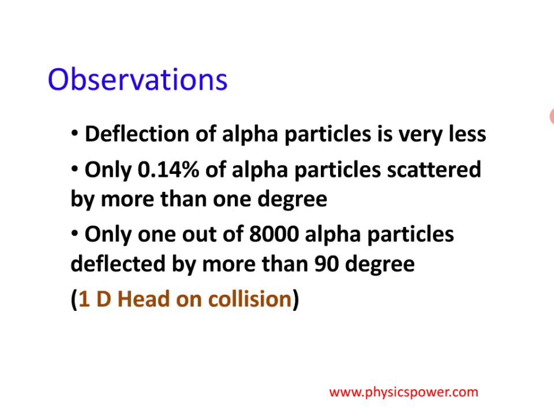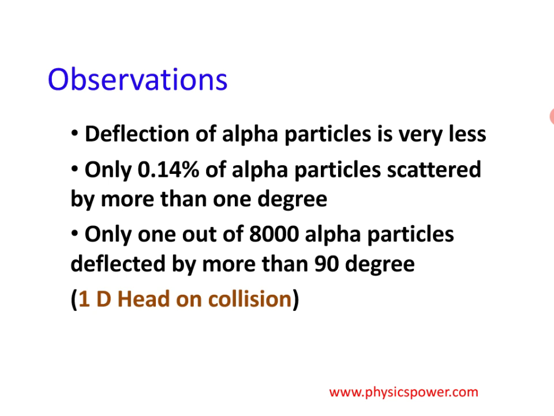So that he observed. Most of the alpha particles, with less than 1 degree deviation, are passing through the gold foil. And a rare condition he also observed: if an alpha particle goes directly and impacts head on, then that particle comes back at 180 degrees, or roughly more than 180 degrees angle.